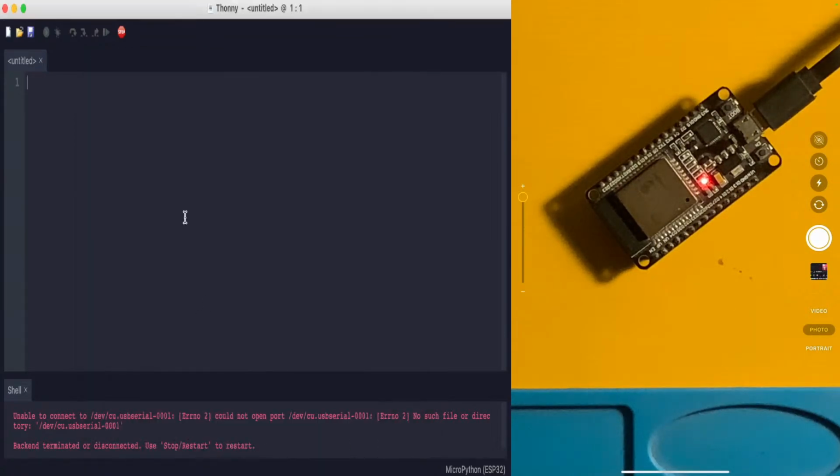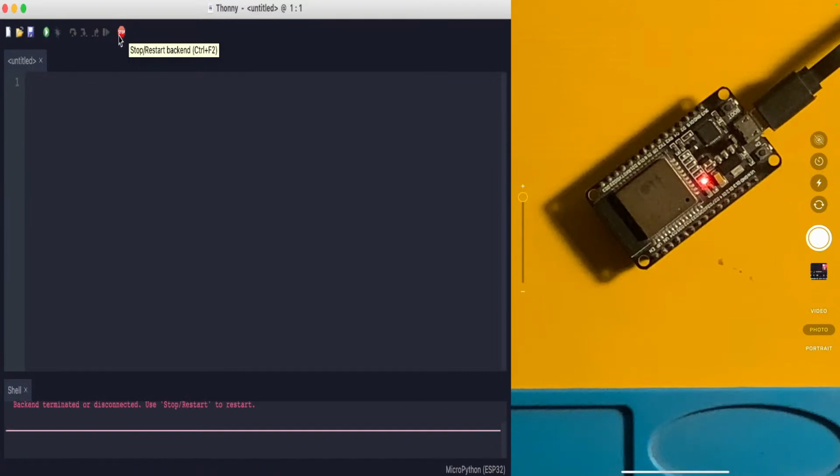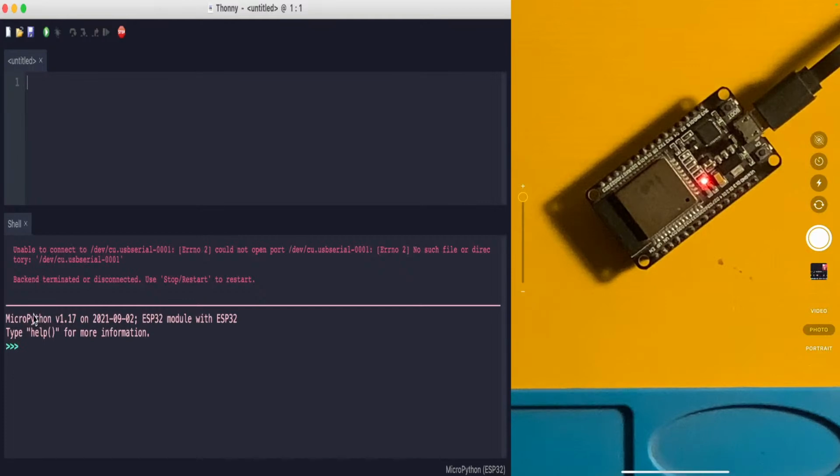Close, cancel. Now it's written here, backend terminated or disconnected, use stop or restart to restart. Okay, let's do that. Here's the stop restart backend. I'll restart it and let's see what all we get. Again, the same exact thing that we got in our simulation. MicroPython ESP32 module with ESP32. Type help for more information. We can type help